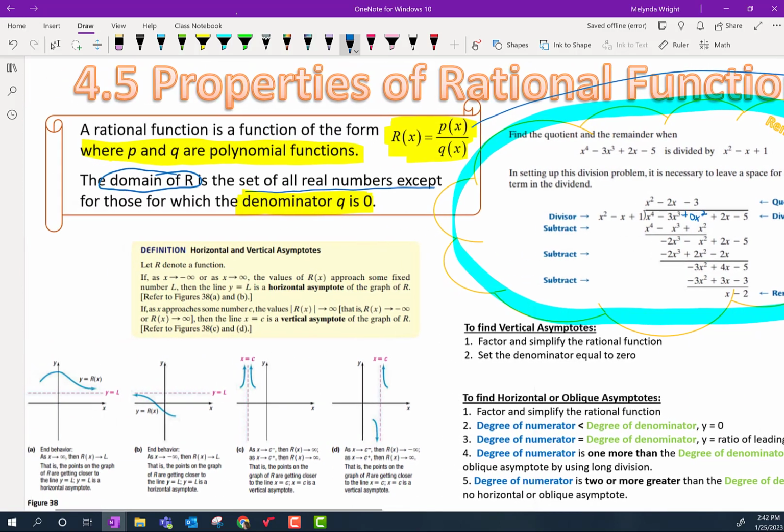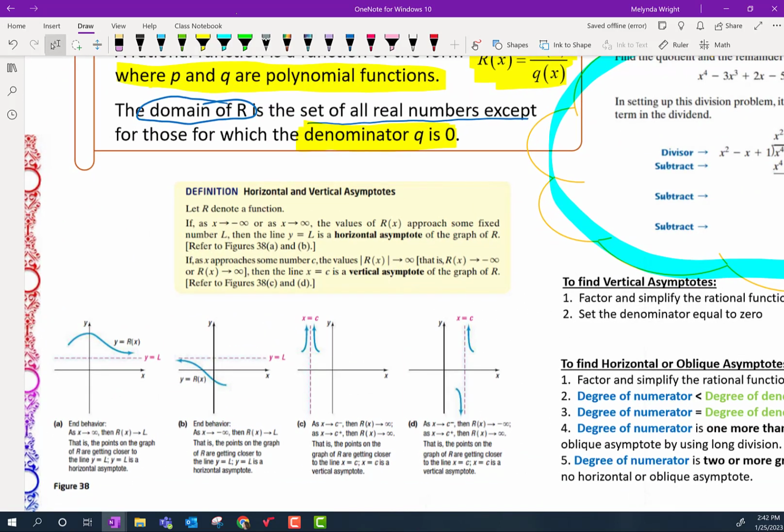So let's look more in depth as to what we're going to be working with today. We're going to be working with domain. We're also going to be working with asymptotes: horizontal and vertical and slant asymptotes. Let's focus on the horizontal and vertical asymptotes first. These math words, these notations are really calculus based. So what is it saying? It's saying that, looking at horizontal asymptotes first,